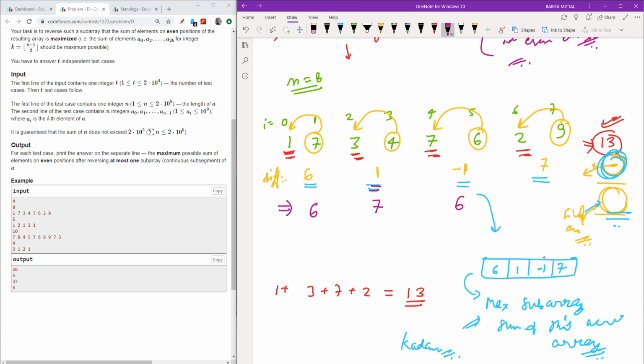Then it is not becoming negative, so I will just add it. So it becomes 13. So 13 is the maximum difference sum which I can obtain by these replacements, which means I can replace odd index with even index, and by this I can obtain 13 as the maximum change. So I will add 13 to my answer. Thus I will get the answer as 26. Thus, as you can see, the output of the first is 26.